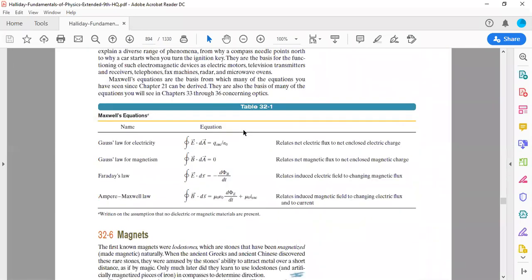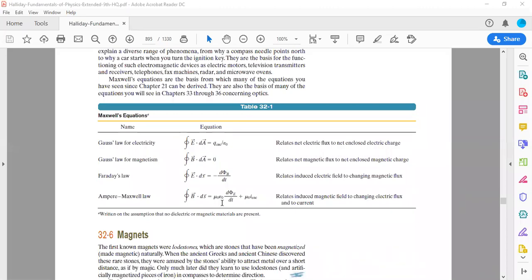So this is the summary of the equations. What is meant by these equations? Why are these so important? What was their importance in physics and in science? Why are they so famous? Because